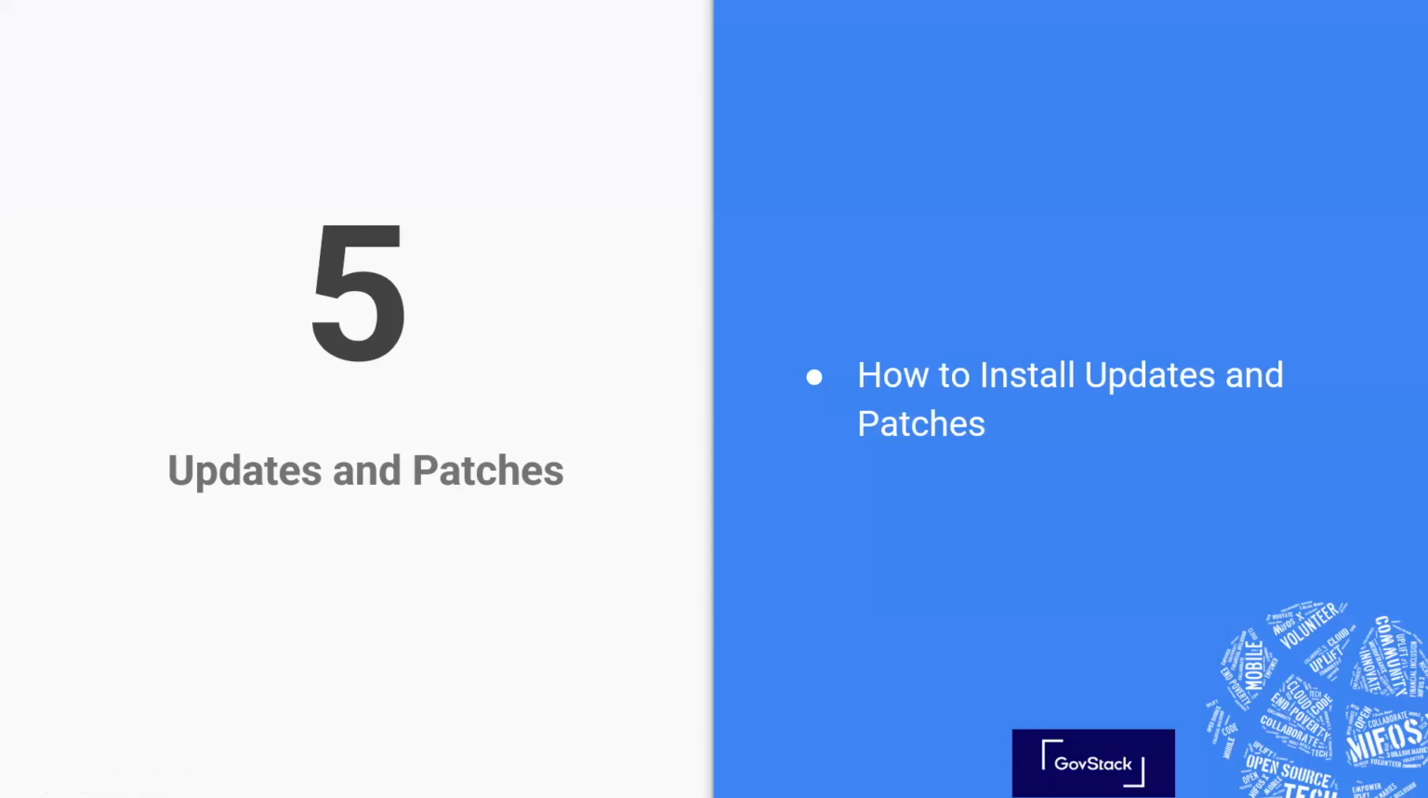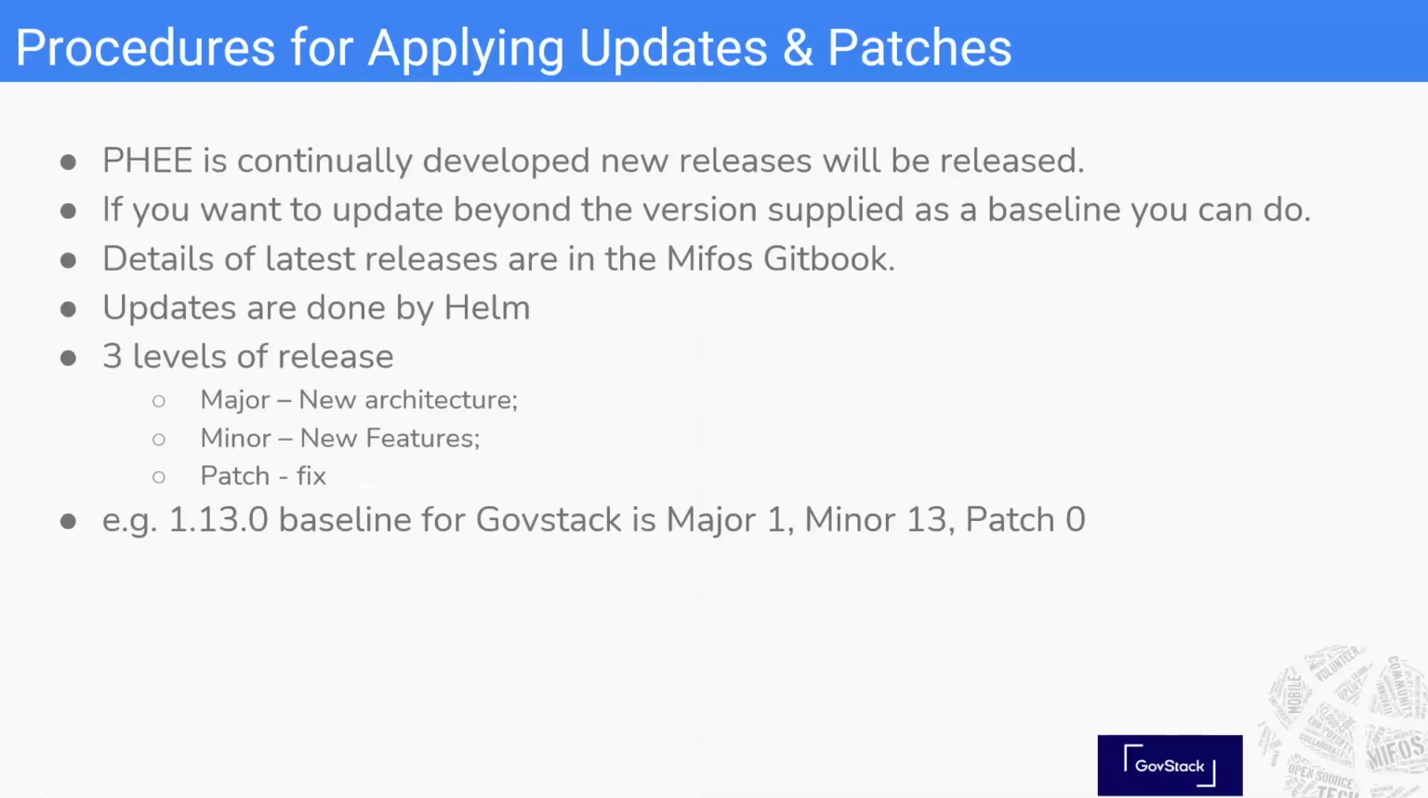So next I want to briefly move on to updates and patching. So what is the procedure for applying updates and patches? Well, Payment Hub EE is continually being developed, and new releases will be released beyond 1.13.0, which is the Govstack